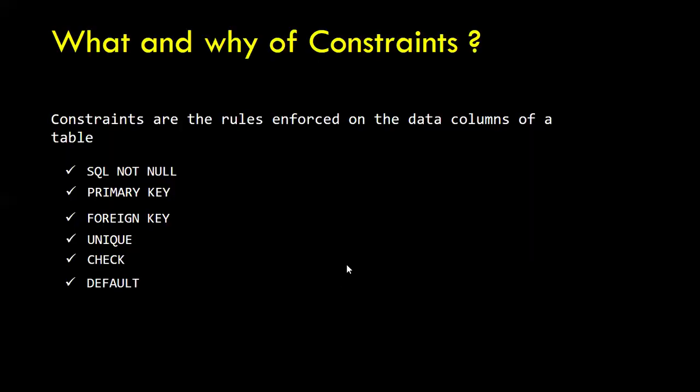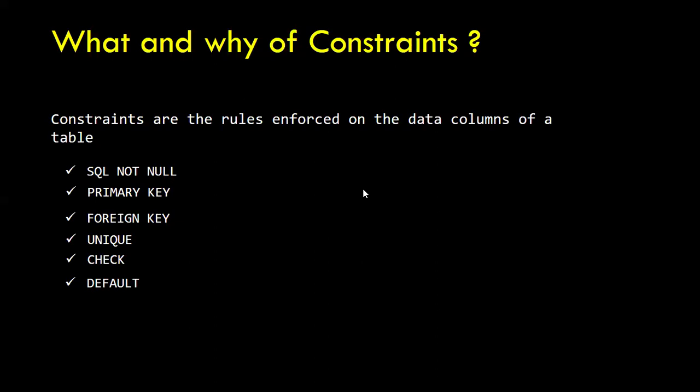If you allow the applications or the users to enter a duplicate employee ID or student ID, at a later point in time when you query the data, it will cause confusion. So for that reason, before you insert or modify the data, with the help of constraints, we can restrict the wrong data from getting into the table. There are 6 different constraints